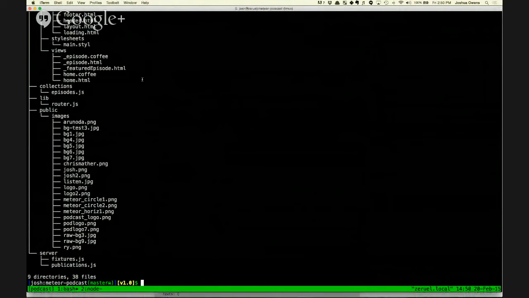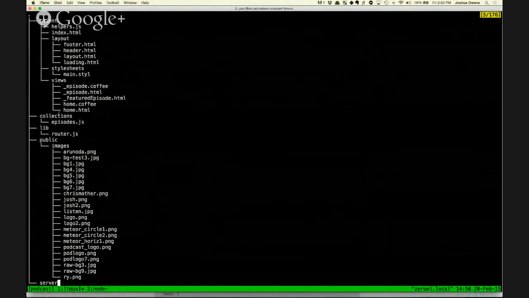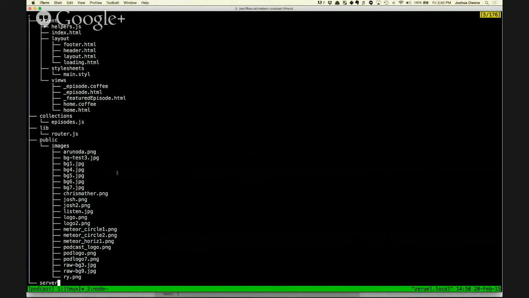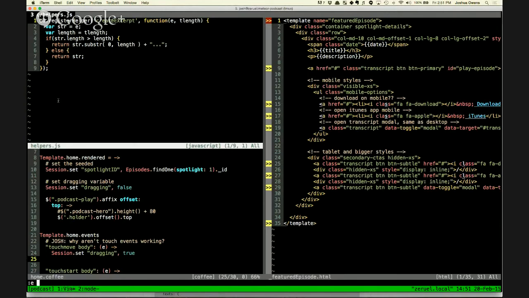So there's special folders, by the way. I didn't really explain that very well, but client, lib, public, and server. These are all special folders. Server only goes to the server, client only goes to the client, and then anything else goes to both spots. Public is where you house images and stuff. It just serves those up. But lib will go to both environments, and it'll actually load first. So if we do lib, user accounts config.js,